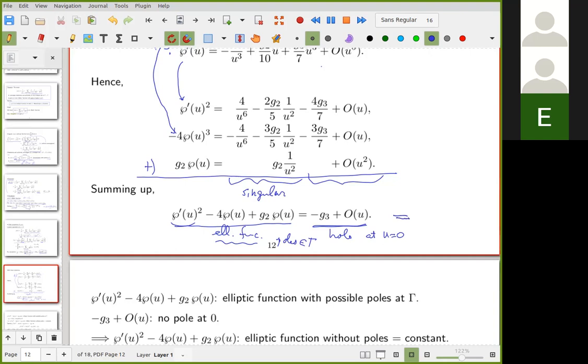This is holomorphic on the entire plane,